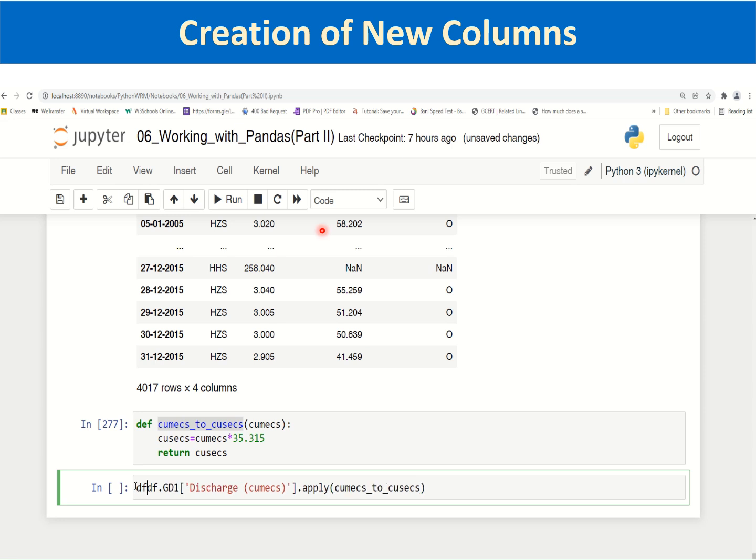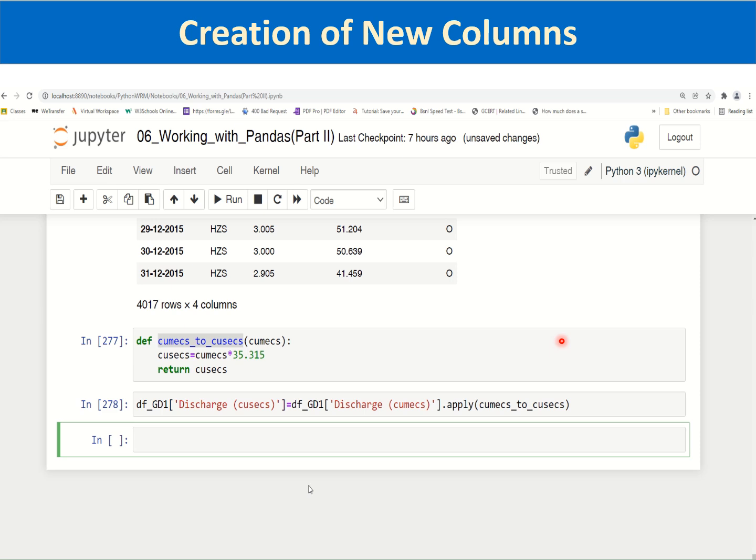And you save it in a new column, discharge qsex. It is equal to df_gd1 discharge qmex dot apply qmex_to_qsex. Let us execute it and let us check